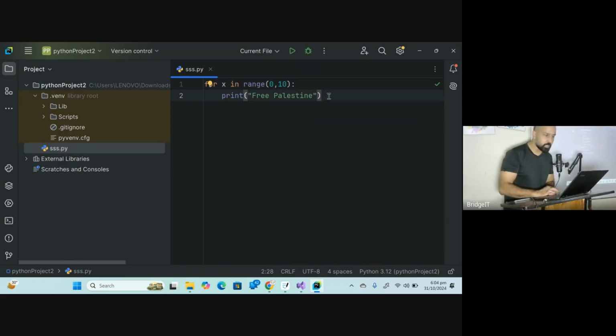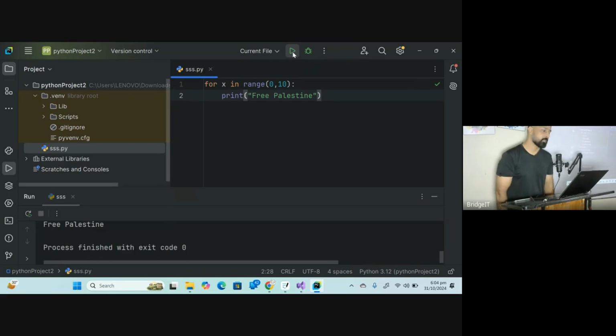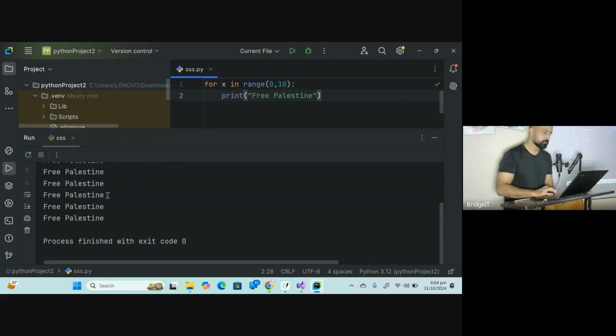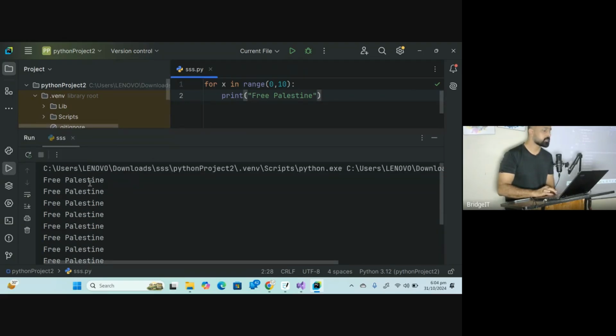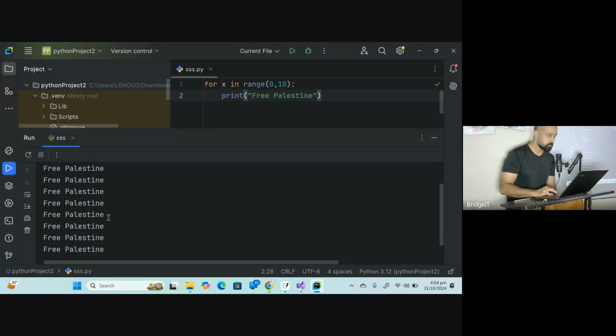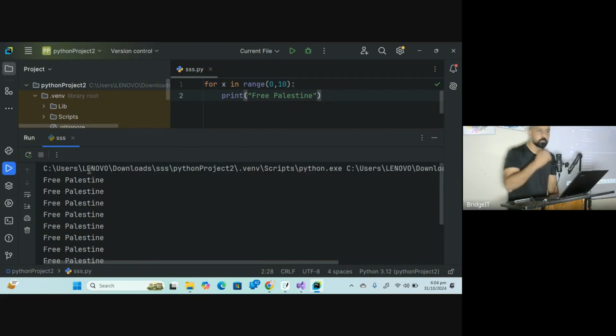So I'm going to run this program and see the results. The results are produced. It should be printed 10 times, starting counting from 0: 0, 1, 2, 3, 4, 5, 6, 7, 8, 9.